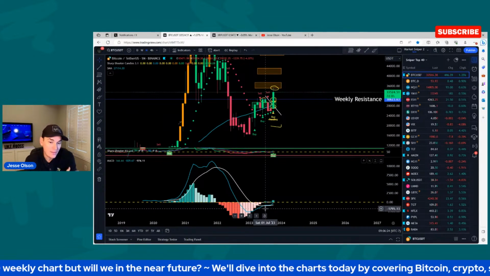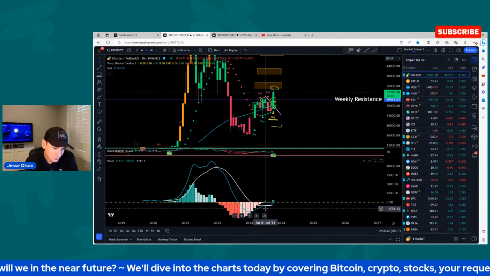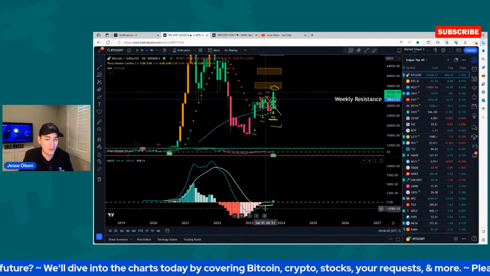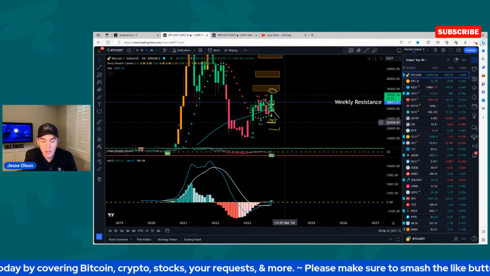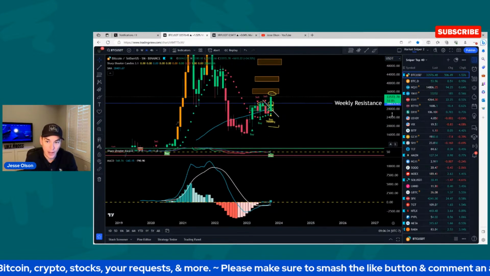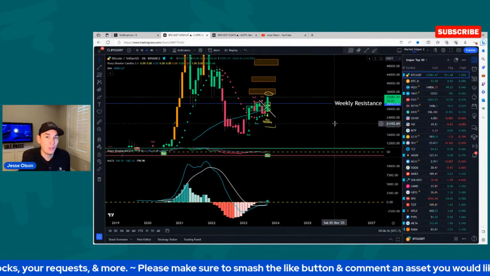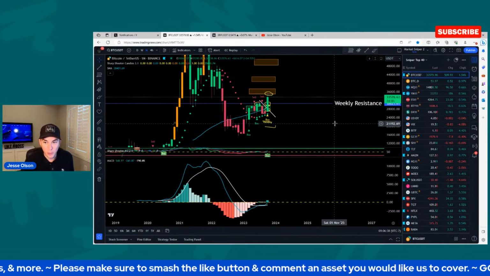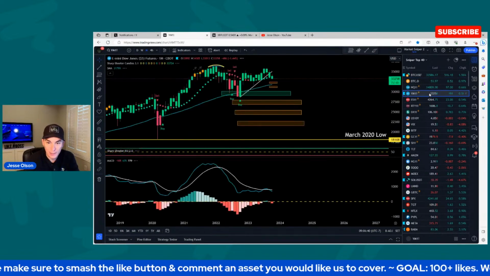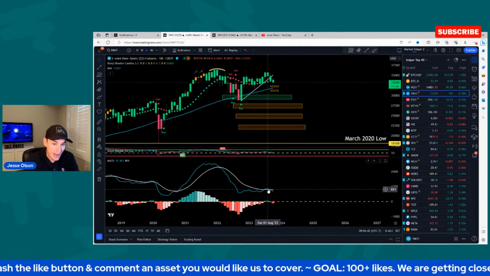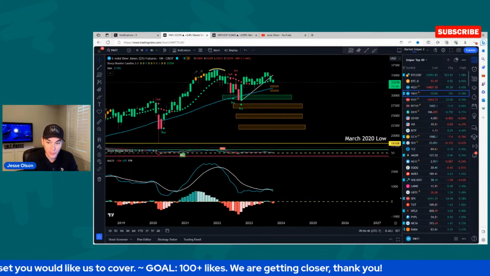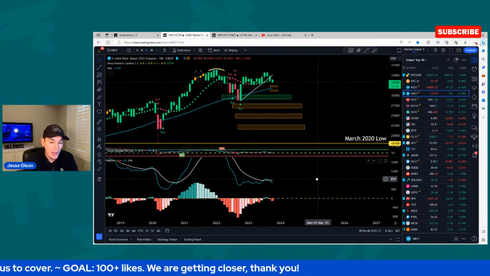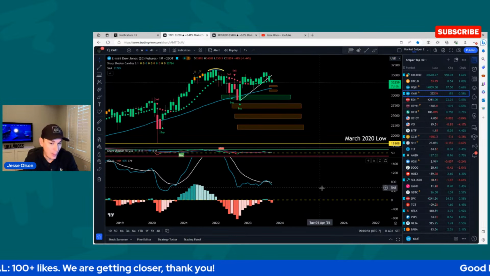Well, that was one of the scenarios, right? We had a bullish MACD crossover in July. Price went down for a couple of months before it made a move back up, right? That was the bullish case. The bearish case was, would it play out more similar to the Dow Jones, where we had a bullish MACD crossover followed by a quick reversal back to the downside, right? Didn't turn out to be that way as of right now.